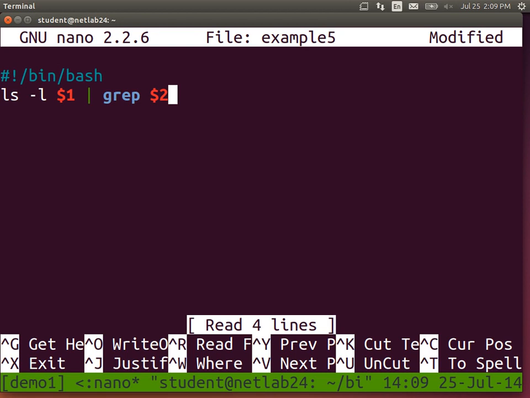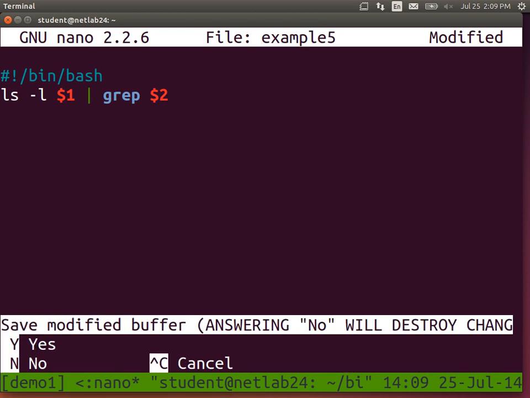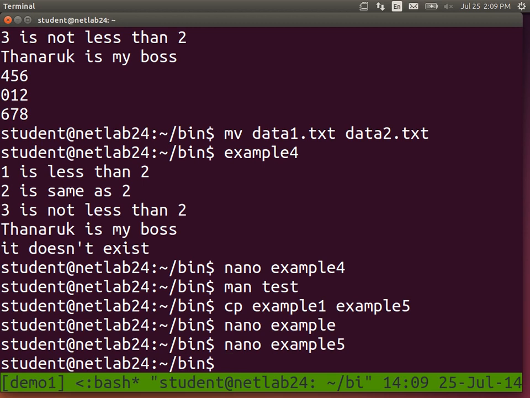Save. And run it. And we need to pass in two parameters. $1 will be replaced by the first parameter and $2 by the second parameter. And just for this example,